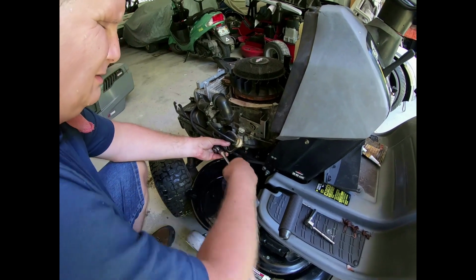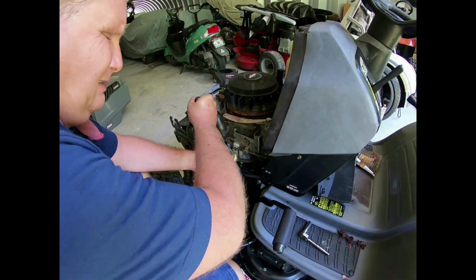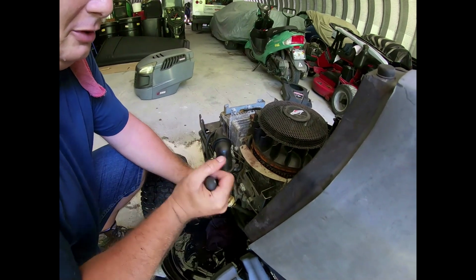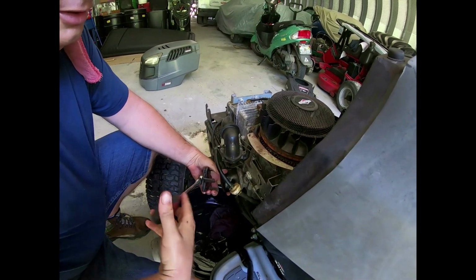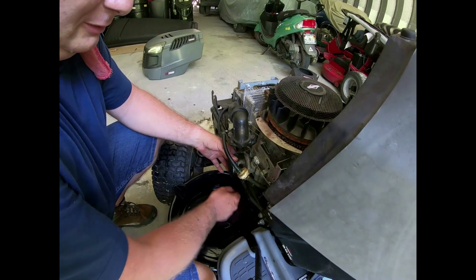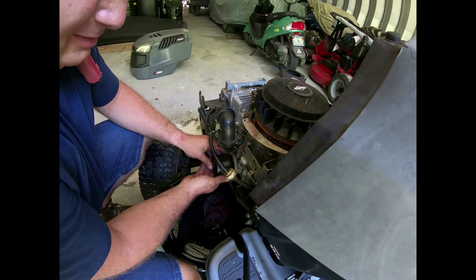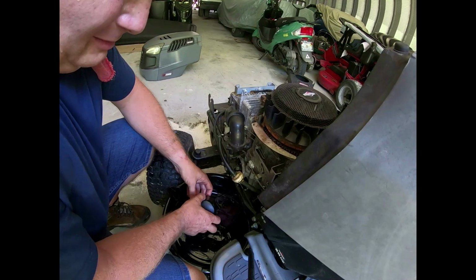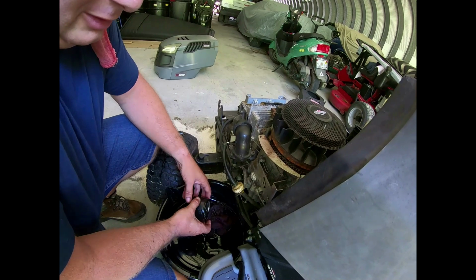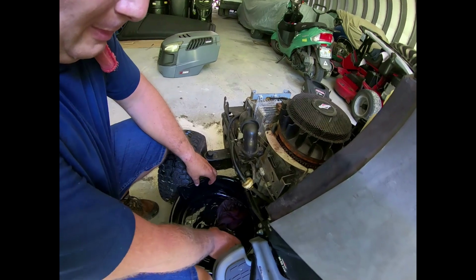Okay. Golly, I got that thing on there tight enough. Which, by the way, folks, oil filters only need to be hand tight. You should not have to use a wrench to take off an oil filter. Let's see how full of gas this is. Oh, yummy. There's not much of anything in there, really. Nope. Let me show you how gross that is, though. Let me go get the new one and...